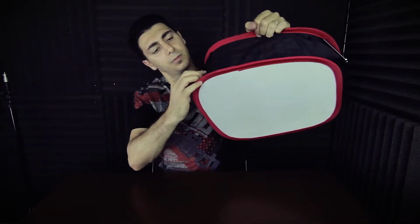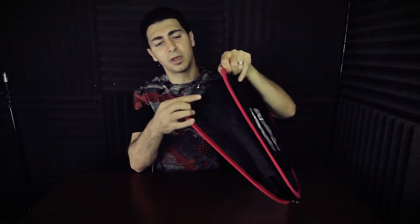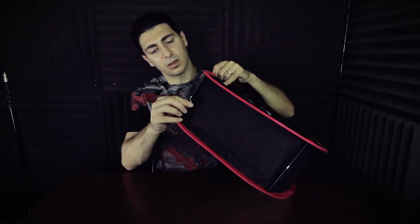This is kind of cool. There's like little feet with, I'm guessing, magnets that you just basically make it straight and it locks. And that is your softbox. Very nice idea. Actually neat. And once it's like this, I mean, it's not like...